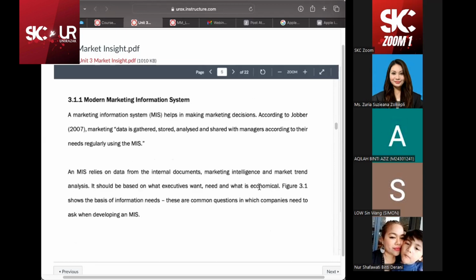So from this MIS, actually we can track a lot of things, right? We can have a software where it can track, if you notice, try to recall back when you go to a store. Some stores will ask you to key in some of the demographic profile. Okay, whether you are male or female, phone number, age, and so on. So this is what they are doing actually to gather the customer data and then for the product that you